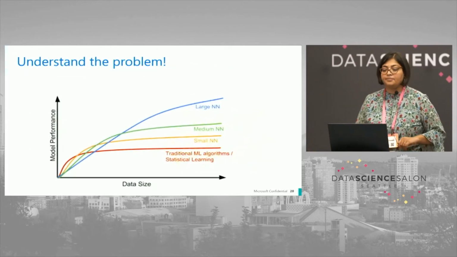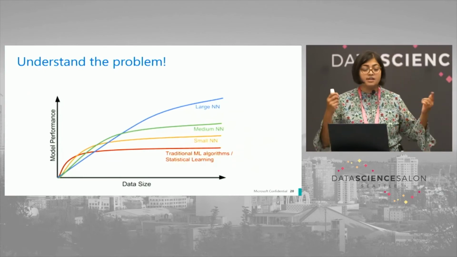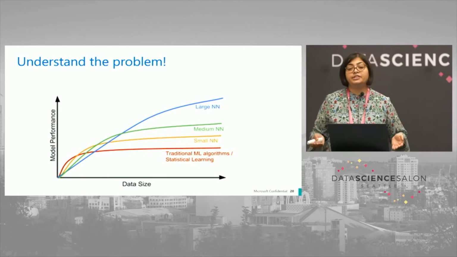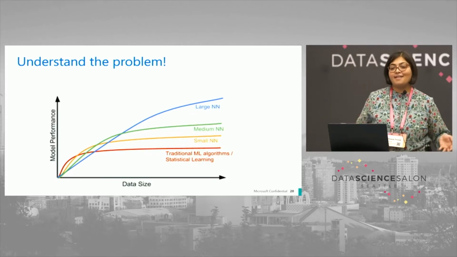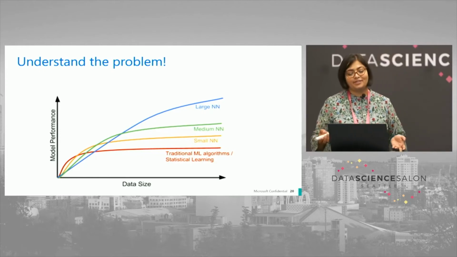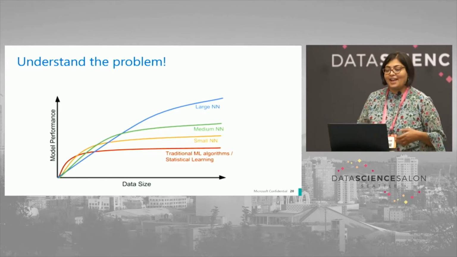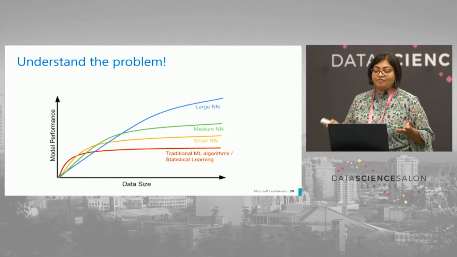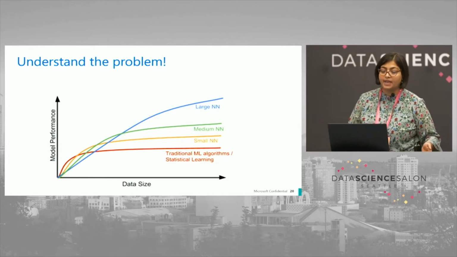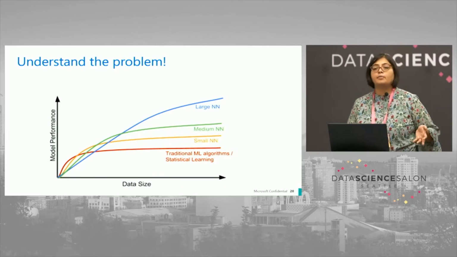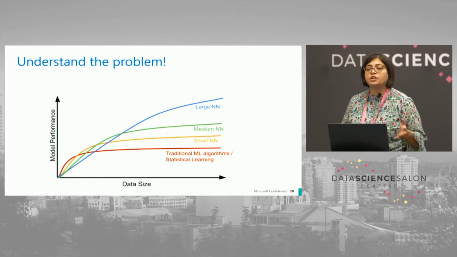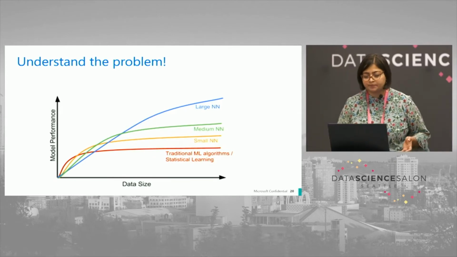As I said again, understand the problem where a neural network is needed. If it's not needed, do not use it, right? Because it's harder to justify your use of a neural network, and we should not just be using it because it sounds cool, or I have a ton of compute power. If a traditional ML algorithm solves your problem, that's the best way to go about it, because that's less of a black box technique, and you actually know what knobs you have turned, so you have more control on the model.